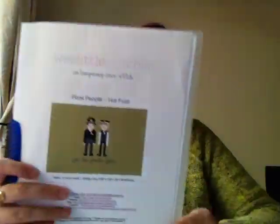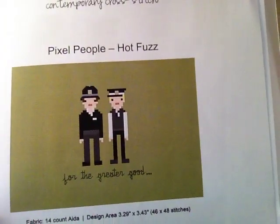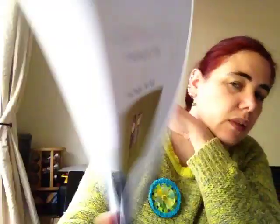Catch up with September and October. Next week it's a new start. So in Stitch Mania it is Tour de Designers. This month is All Little Stitches. Hot Fuzz. Love that movie, one of my favourite movies. So I will be stitching those